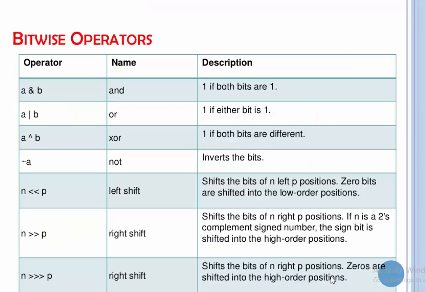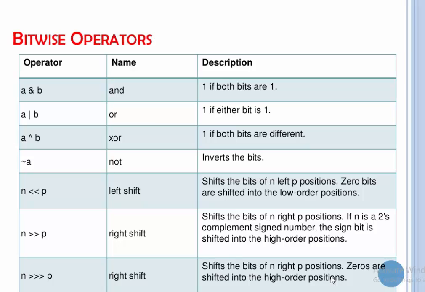The next one is bitwise operators. Java has a distinction of supporting special operators, known as bitwise operators. Why do we need to use these bitwise operators? They are used for manipulation of data at the bit level. If you want to manipulate the data at the bit level, in that case we have to use the bitwise operators. These bitwise operators are used for testing of bits,